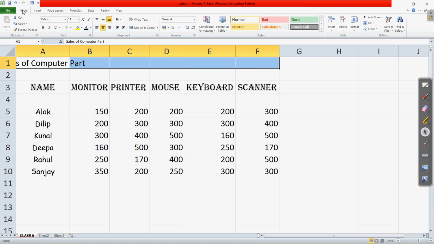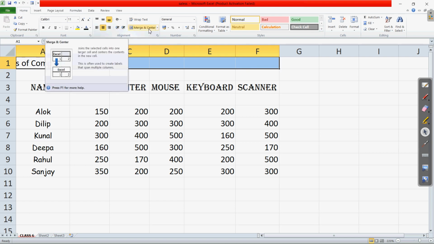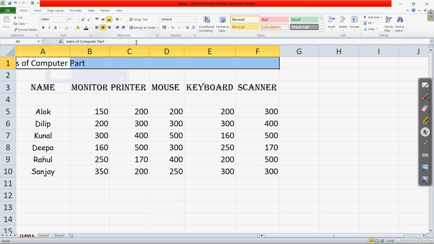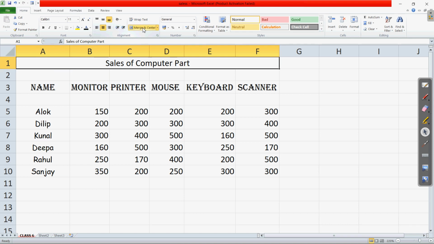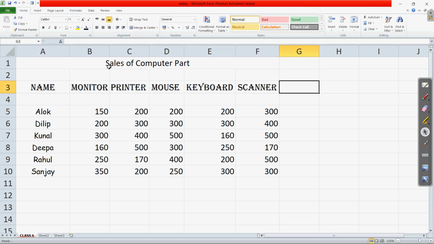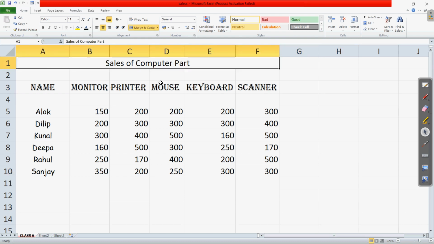Now go to the Home tab, and here we have the merge and center option. Clear? You can notice in the alignment area the merge and center option. Now click on merge and center. Clear? Now you can see the text which was written there is centered across all these columns. Let us click outside. You can notice this sales of computer part is appearing in the middle of all this data.